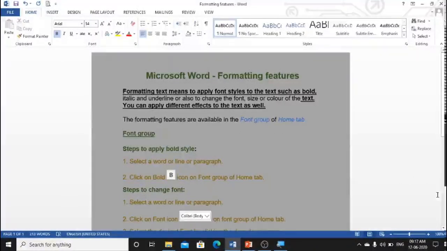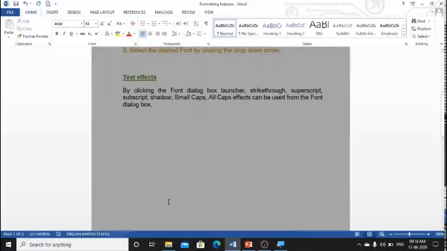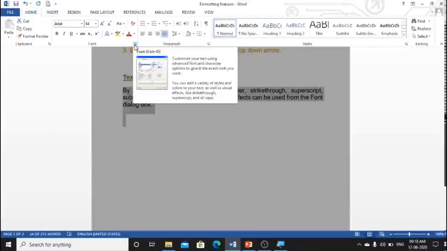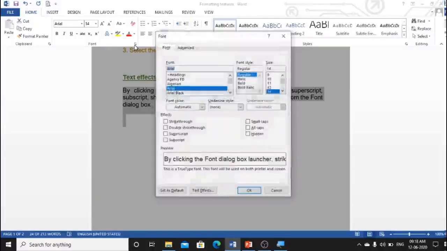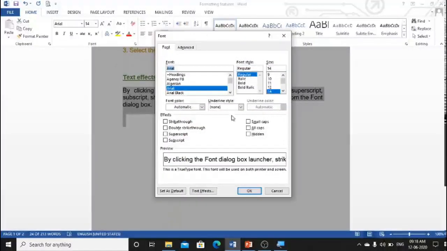Now, you can also apply text effects to your text by using the font dialog box. For that, first I'll select my text. I'll go to this font dialog box launcher, click on it. The font dialog box appears. I'll click on strike through and all caps.